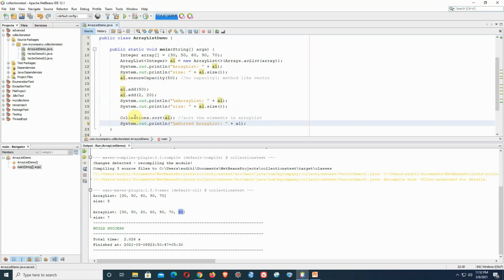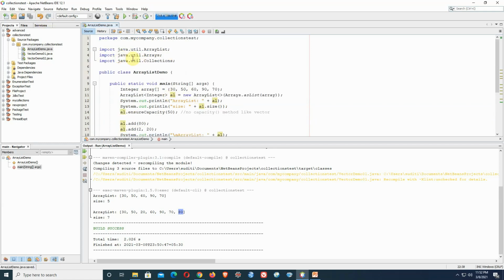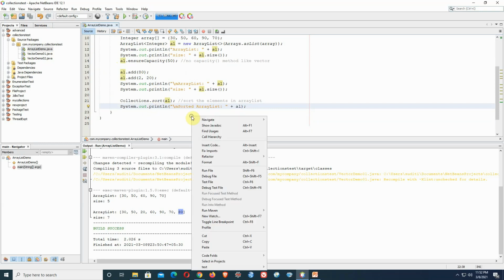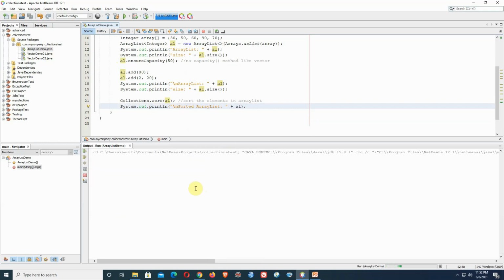So by using the Collections class, which is coming from the java.util package, the same package in which ArrayList and Vector reside, I can run this program now.